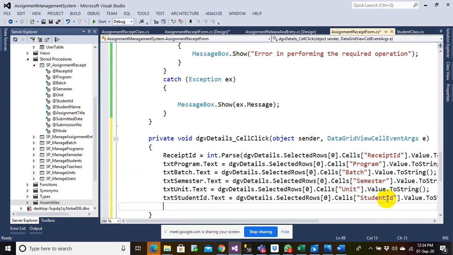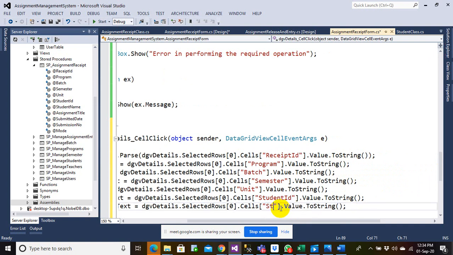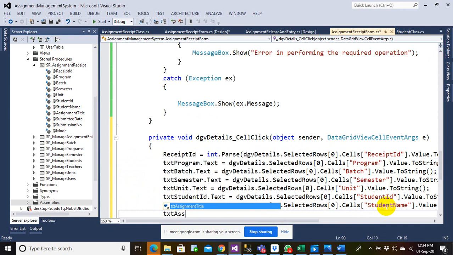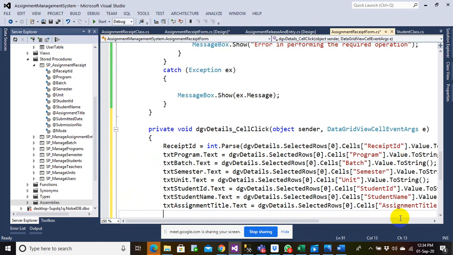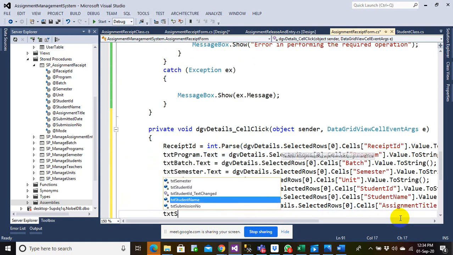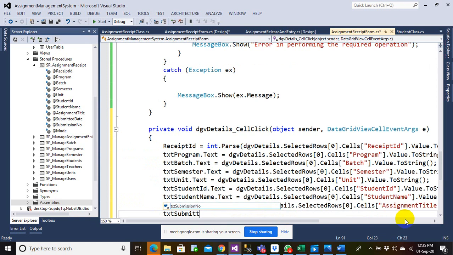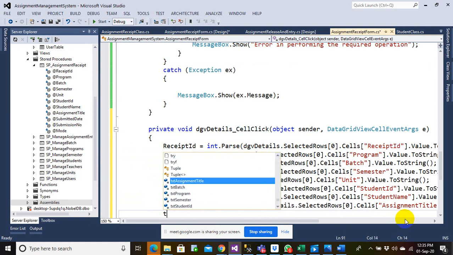Again, once you do that, txt student name, assignment title, txt submitted date, adapt the DTP.